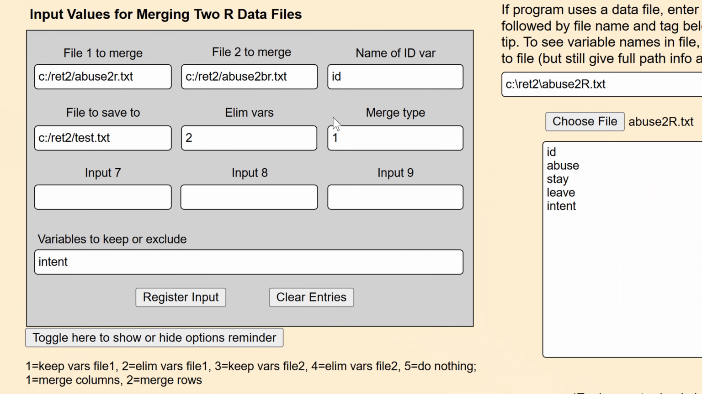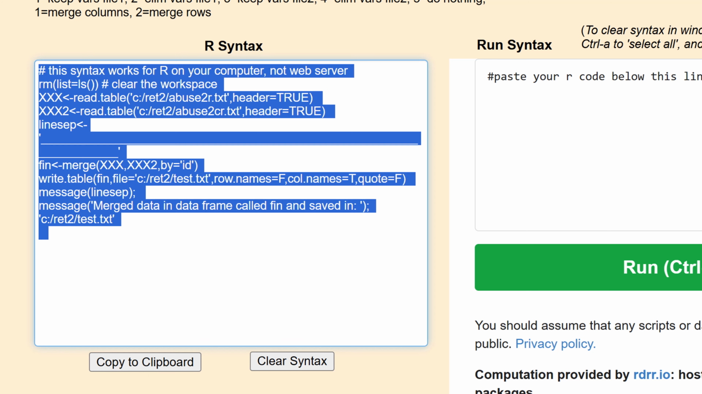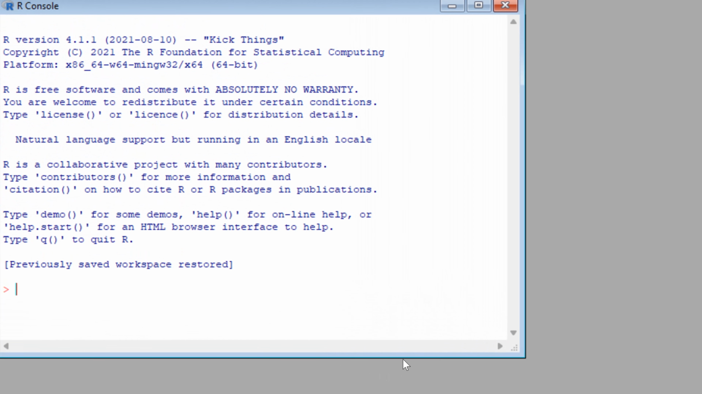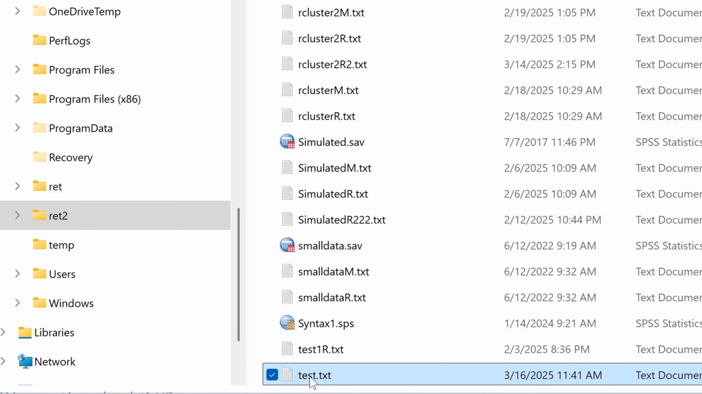Finally, let me show you what happens if you merge two data files and they have common variable names within them, i.e. they're redundant variables. I'll merge these two files. I'll do nothing to them. I'll register the input. I copy that to the clipboard. I open up R. I paste that. And it's merged the data. If I open this,